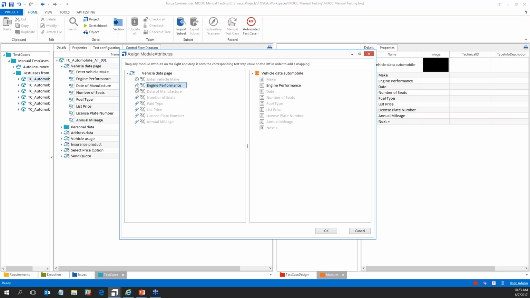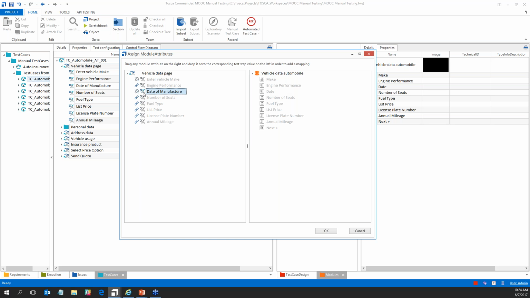a small link icon next to them. This link icon indicates that they've automatically, because of the name, been linked to a module attribute. And when I click on it, I can see which module attribute. And you can see that the icon here, the broken link or non-existent link icon, doesn't highlight anything on the right side, because it means that because of the name difference, it wasn't sure exactly which attribute to assign that